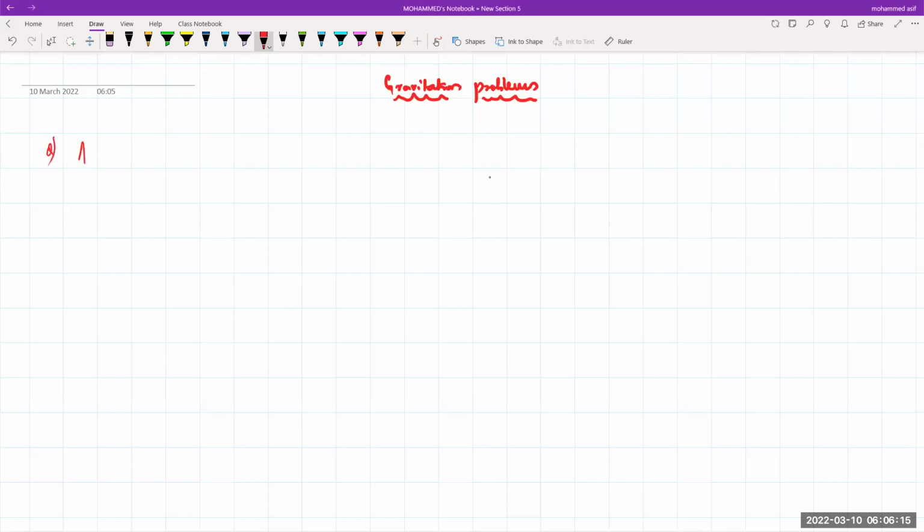The first question: a body has a weight of 72 Newton. When it is taken to a height h equal to r, that is the radius of the Earth,